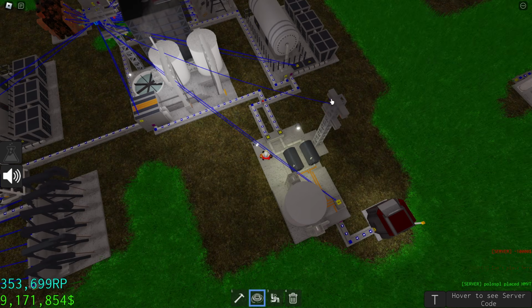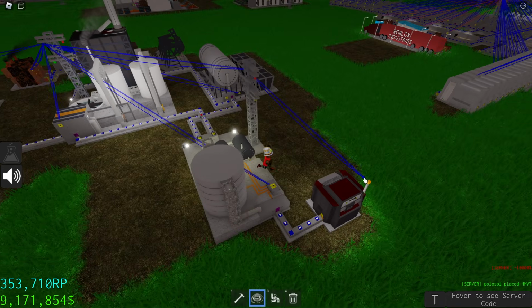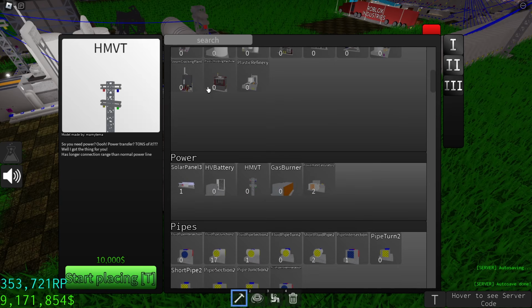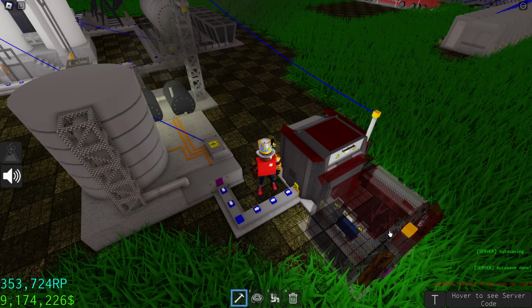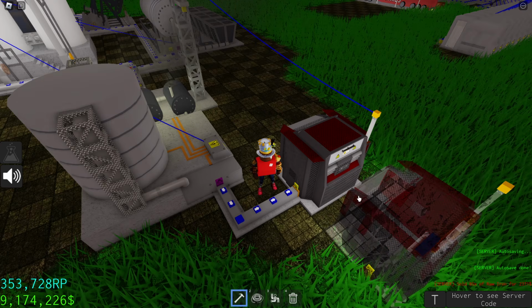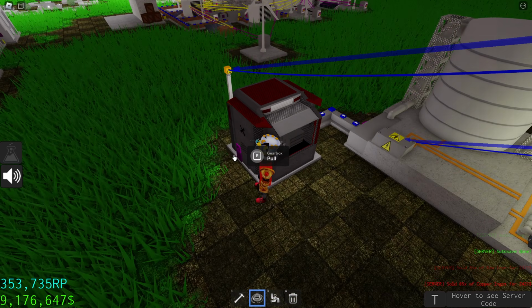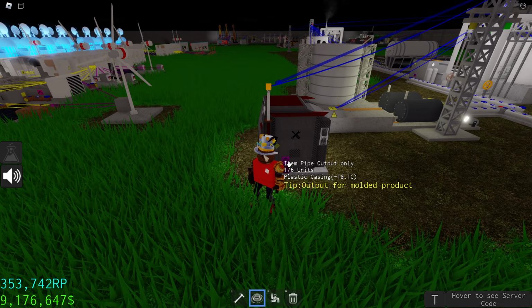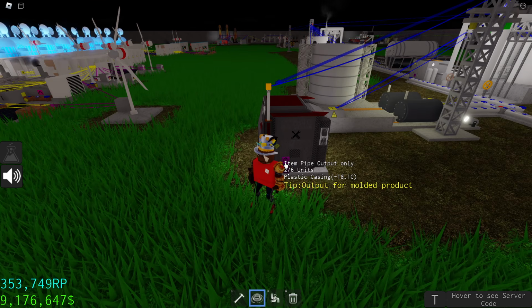Also, I'm pretty sure you can have 2 molding machines because they work quite slowly. But actually, I think they work faster on gearbox. I'm not sure actually. But now you're producing plastic casings, as you can see.